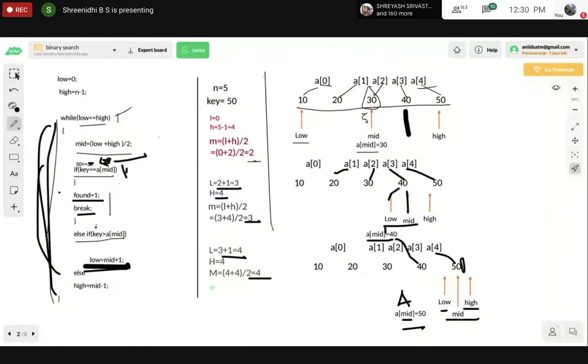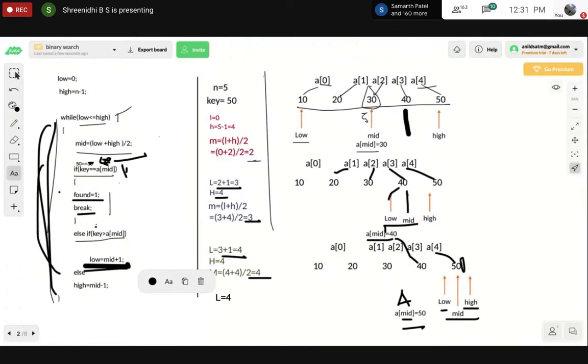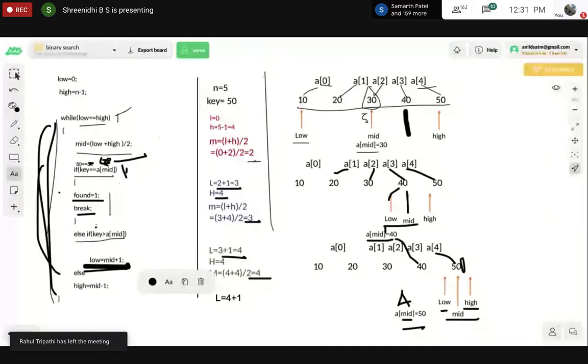So next time, what will be your low? Your low will be equal to 4 plus 1, 5.